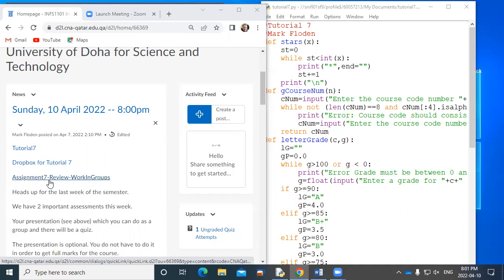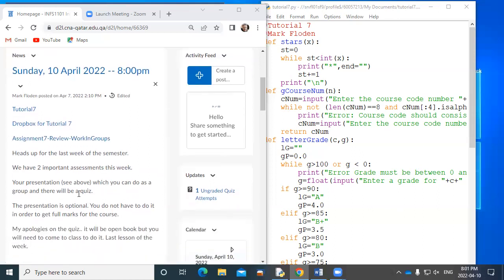So I'm saying that it's optional because I know that some people have said to me, what can I do to get some extra marks? Well, maybe you could do the assignment. I don't know. But if you did decide you wanted to do that, it doesn't have to be a sole person job. You could do it together with somebody. You can do it as a group. It says up to like 4 people. So if you want to try that, that's okay.